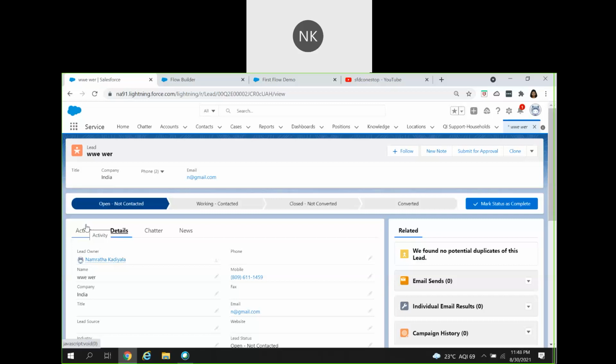This is what we have for today's session. In the next session, we are going to take the same flow we have created today and embed it in the guest community, and see how it looks for a customer or guest community. So that is the second scenario we will be discussing.